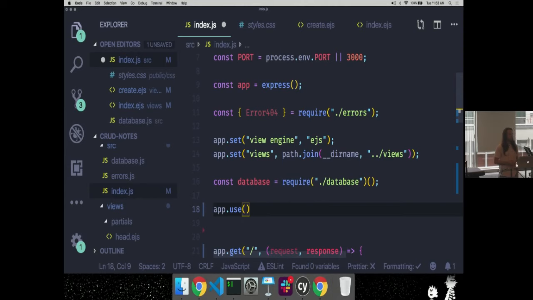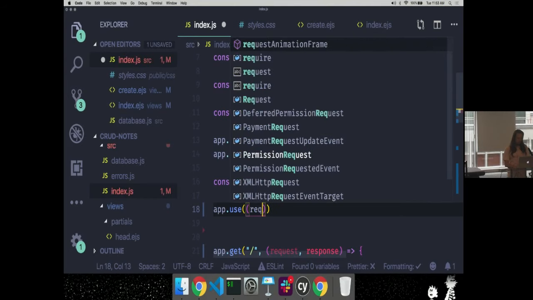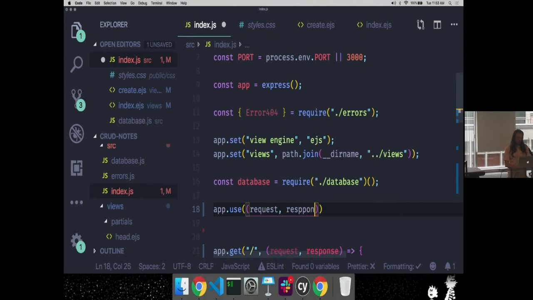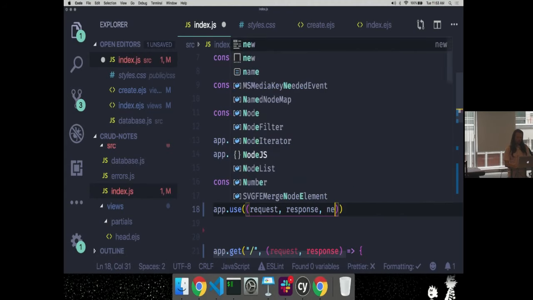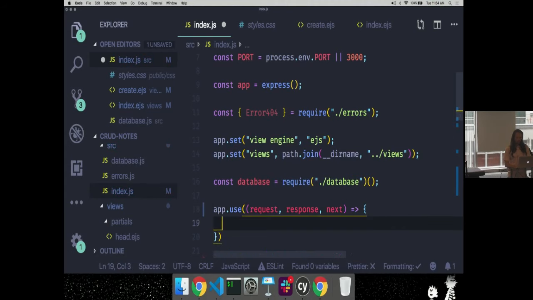app.use means get, post, put, delete. Any method is handled by this, not specifically one type of method. We always get passed request, response, and this function called next.